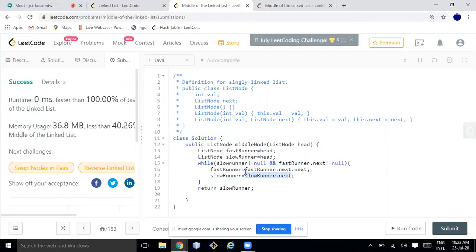Here I am moving fast runner two times, hopping and skipping one node, so I am doing fast runner dot next dot next. So fast runner dot next should not be equal to null. If it is null, then doing node dot next will throw a null pointer exception. So when you are writing the while clause, keep in mind: if you have to move two times, put fast runner dot next. If one time, then slow runner